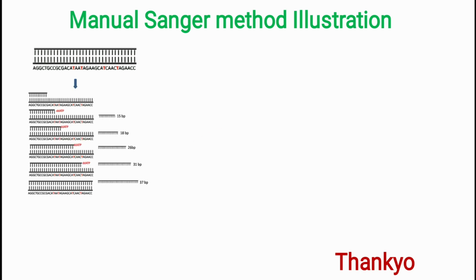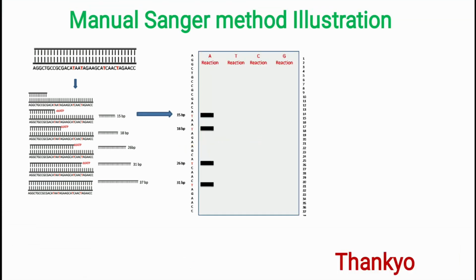So assume this is the fragment of DNA we have to sequence. First thing is we add the primer and make it single stranded. The primer is extended by the polymerase. Whenever the polymerase incorporates a ddNTP, it will stop further chain elongation. So in case 1, it is stopped in the middle at approximately 15 base pairs, and in the second case it may be approximately 18 base pairs. The third one is approximately 25 base pairs, and the fourth is 33 base pairs. So if you do the reaction for only ddATP, we will get 4 kinds of fragments.